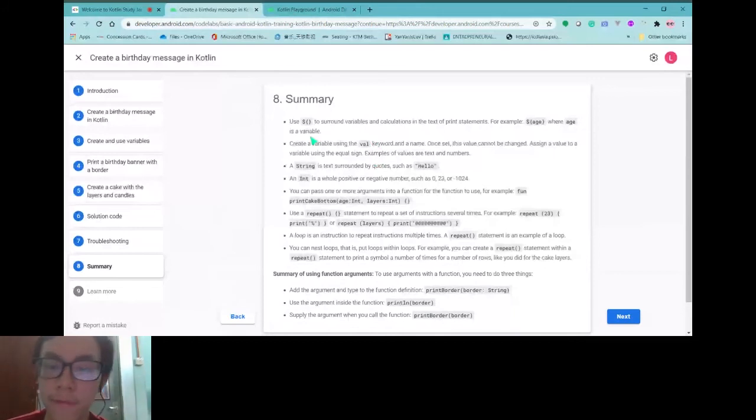But if you use const or val, it doesn't allow you to do this. Yeah. Then string includes the double quote, integer, and then inside here you can have any number of arguments, and then print. Repeat is a type of loop. It's basically just like this.